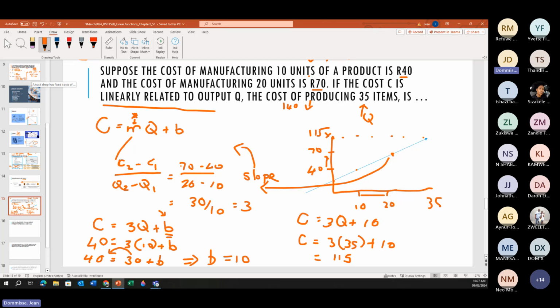So for me, out of this chapter that we're doing today, the definitions are critical, because, and you guys can tell me,